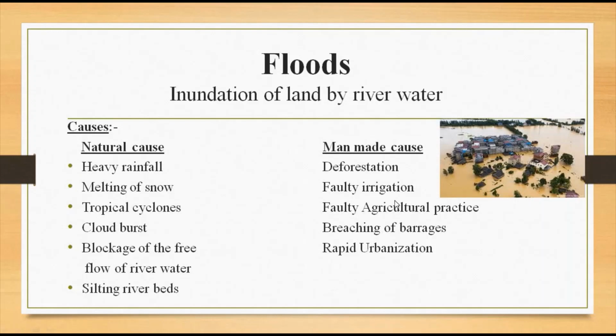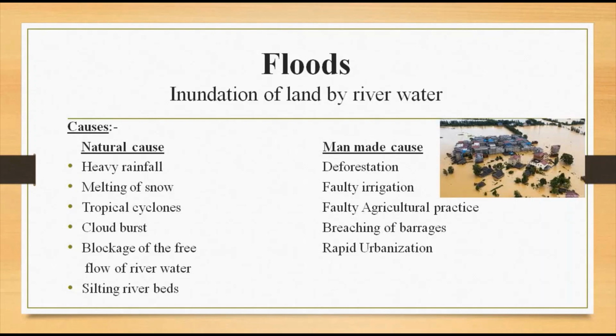And man-made cause, deforestation. Because of deforestation, cutting of forest, the roots which hold the soil will not be there. As a result, soil erosion increases. This soil will settle in the river bed. As a result, the capacity to hold the water in the river reduces and results in flood. Many years back, these floods were not there, only very few, but now it is increasing because of these